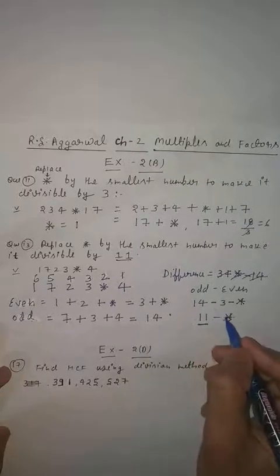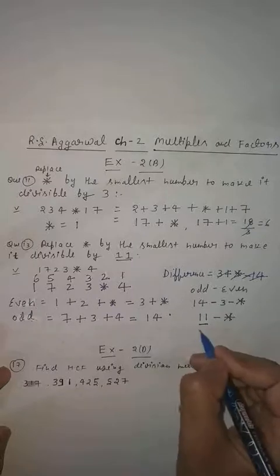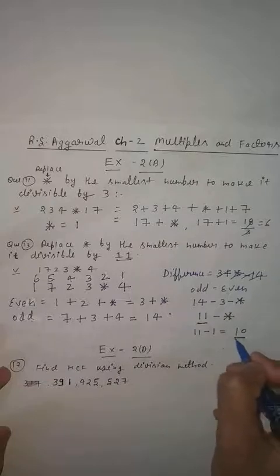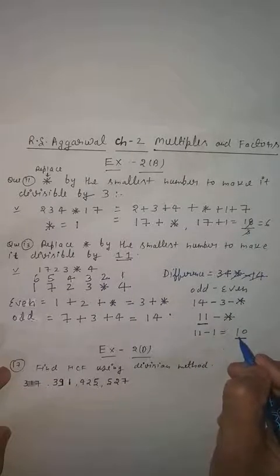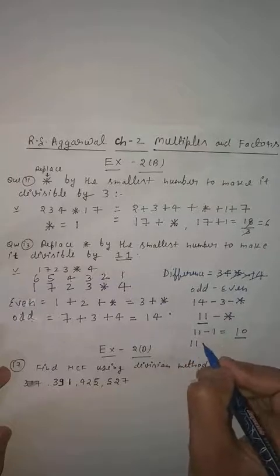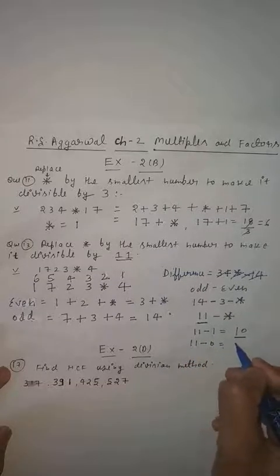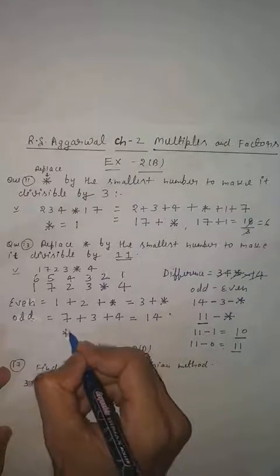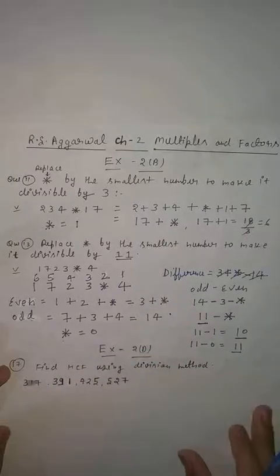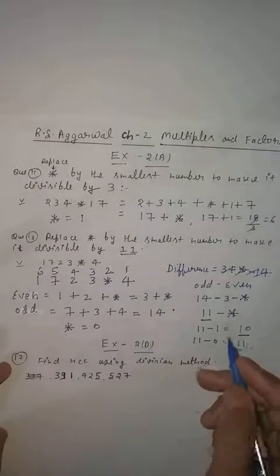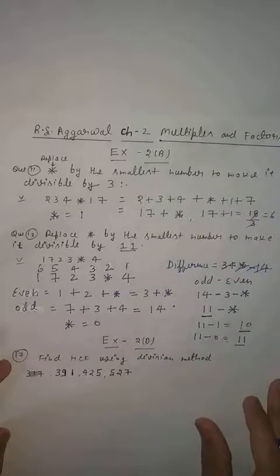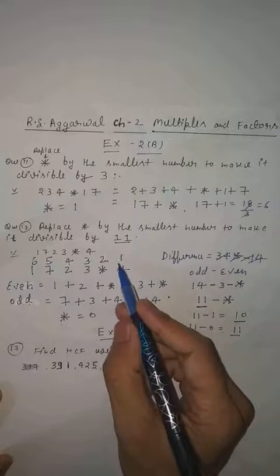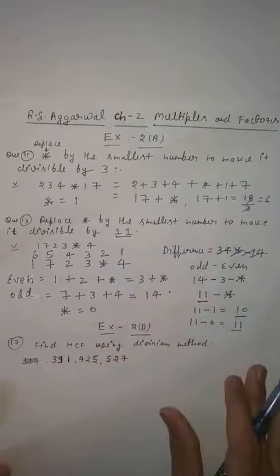So if you put anything else, like if you want to put 1 as the least number, it will come 10. So 10 is not a multiple of 11 or divisible by 11. So what smallest number will you put? You will put 0. If you put 0, the answer is 11, means no change. So the least number you will put is 0. Clear, students? Why am I using 0? If I use any other digit, the result is not a multiple of 11 or divisible by 11. Clear, students? So the important thing is, you have to start from the ones place. Clear, students?